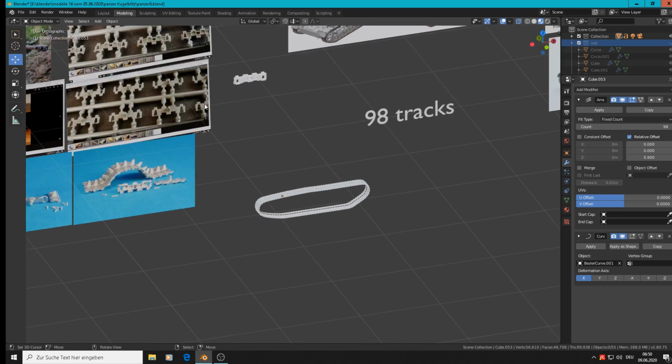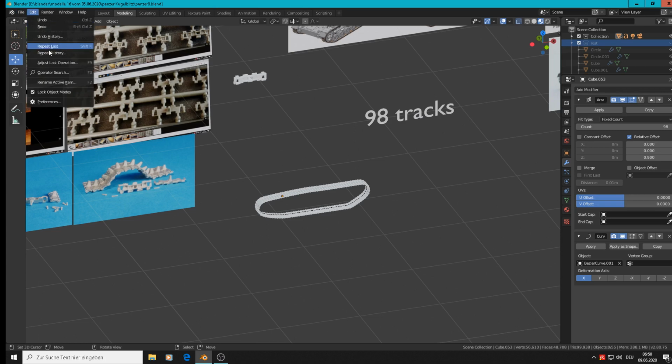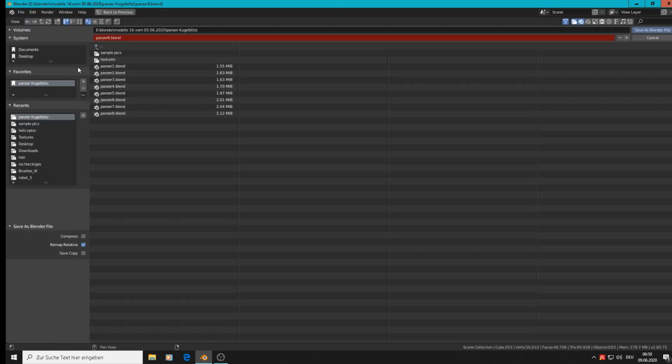Good. So I saved that file, save, and for the next part save as new version number 9,